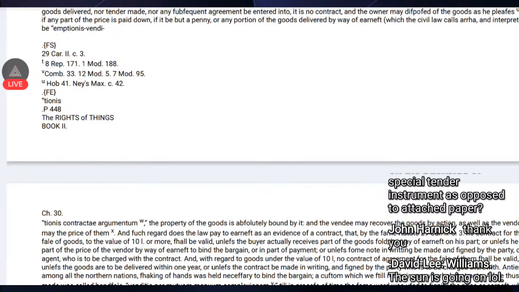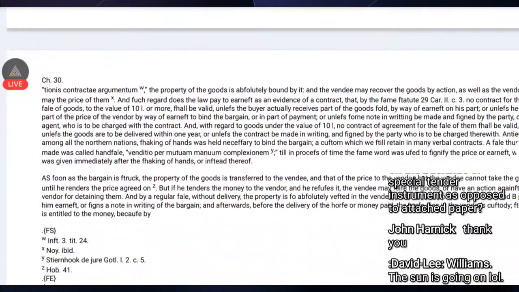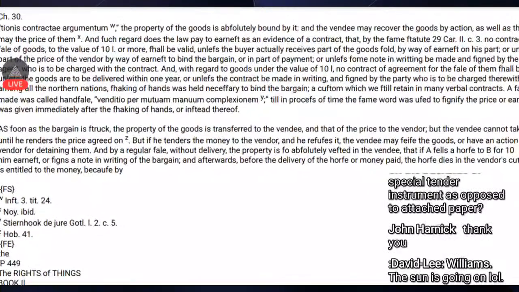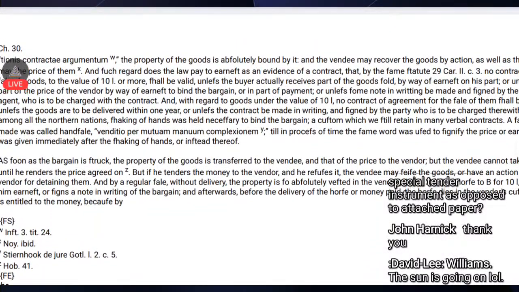And the vendee may recover the goods by action, as well as the vendor may the price of them. In such regard does the law pay the earnest as evidence of a contract, that by the same statute 29, I'm not sure who that is,